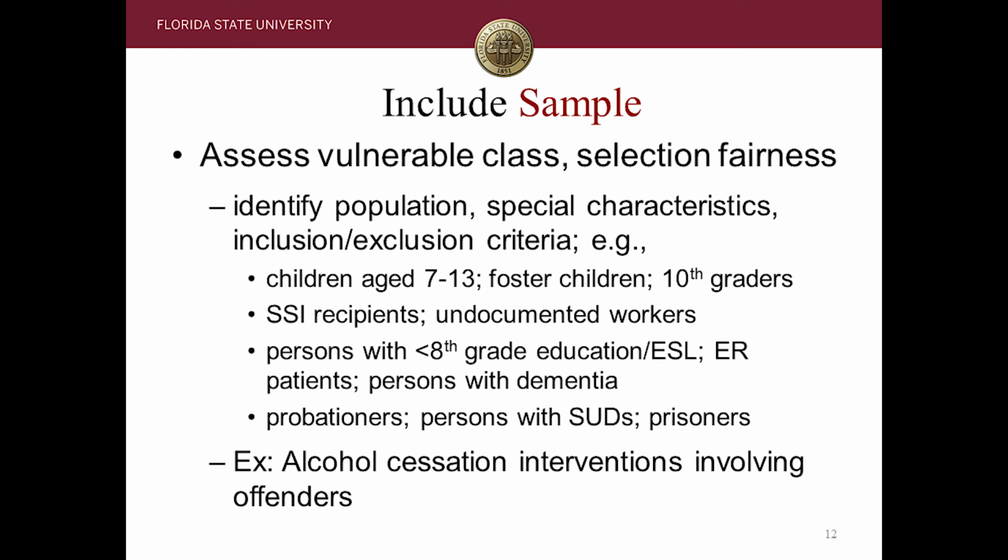Conversely, in terms of exclusion criteria, you may want to say you don't want participants that include offenders who, 1, lack decision-making capacity, because otherwise you will have to get some type of, say, for example, legally authorized representative, if it's even going to be possible. Second, you want to exclude people who are incarcerated for a violent crime, because those are going to be more difficult to recruit to a study and to participate in a program, and obviously going to take a long time to get released to the general population or to the general community, for which an objective of an alcohol cessation intervention may include preventing reoffense or preventing continued alcohol use,